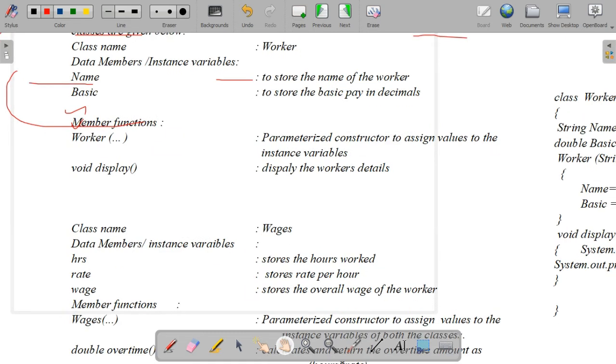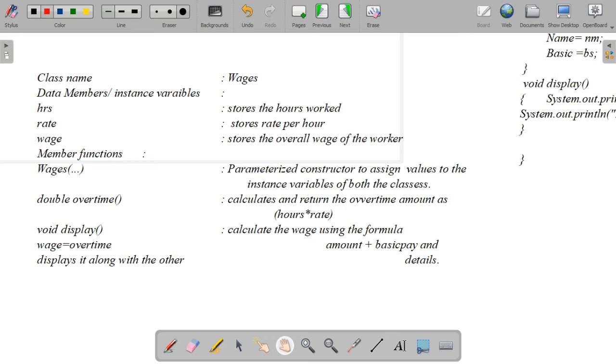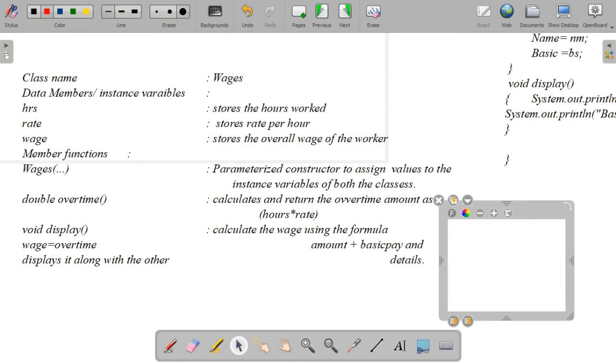Class, the subclass name first, then the extends keyword and the superclass. The superclass is worker, so I am writing extends worker.